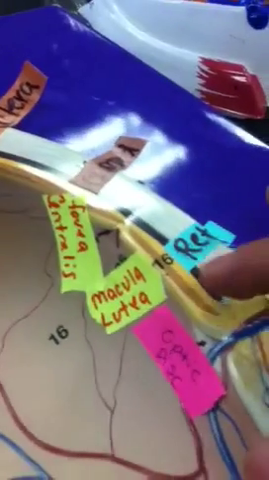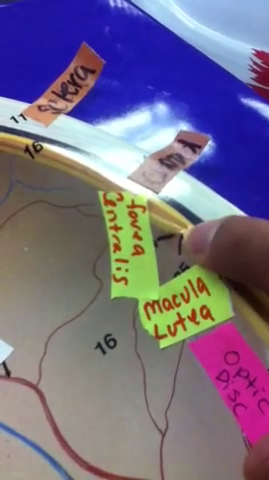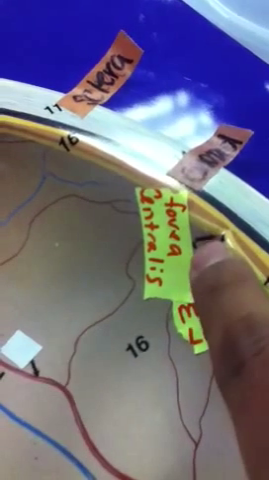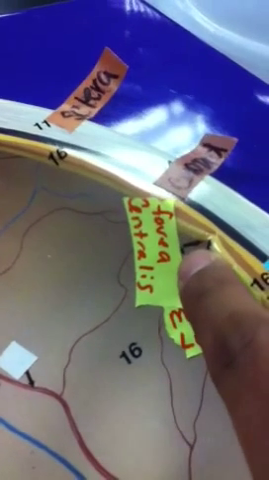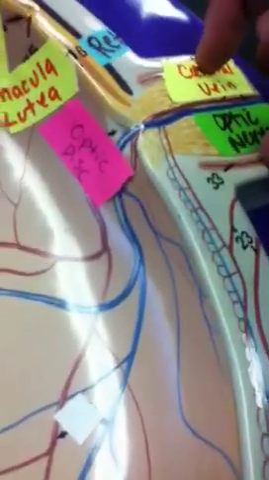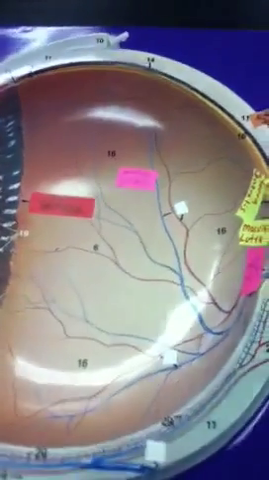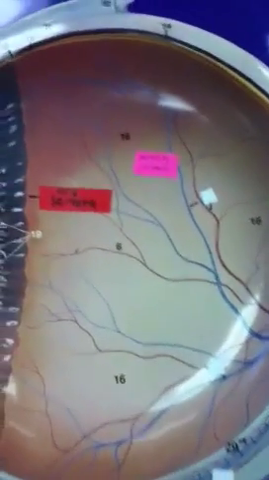These little indentations right here are the macula lutea, which would be this dent, and then right underneath that would be the fovea centralis. The optic disc is usually where the optic nerve comes into the eye. And then this whole section right here is called the posterior segment. Usually within the posterior segment you find the